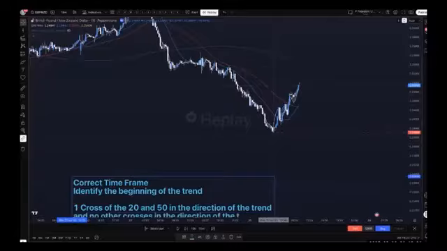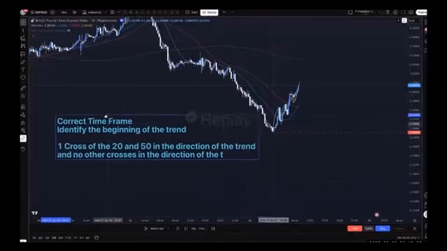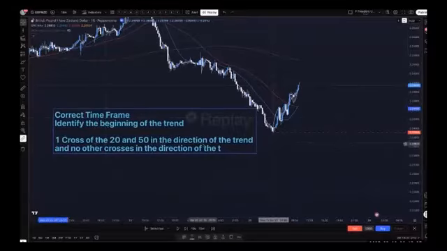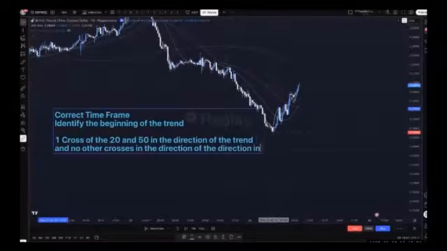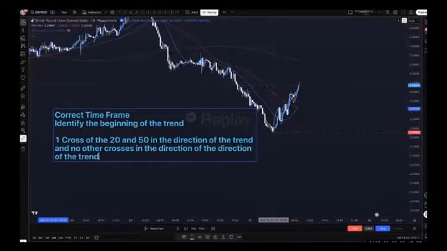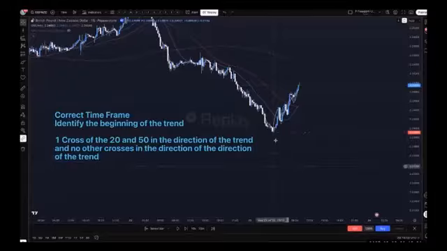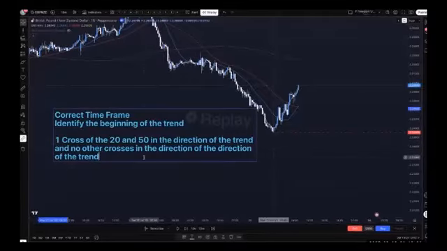So let's figure this out. One cross of the 20 and the 50 in the direction of the trend and no other crosses in the direction of the trend. This is rule number one. In order to find it, we find the beginning, and now we need the 20 to cross in the direction of the trend. Now, what's the direction of the trend? Well, the trend is going up. Price action is moving up. So if you remember, when markets are bullish, we need the 20 above the 50. When markets are bearish, we need the 20 below. So right here, we can see that the 20 is above the 50. So that's rule number one: one cross in the direction of the trend and no other crosses. Rule number two,